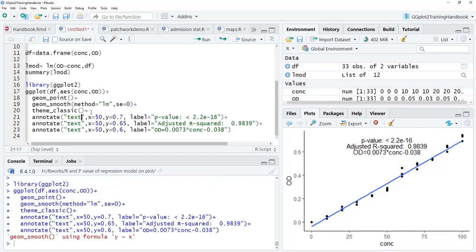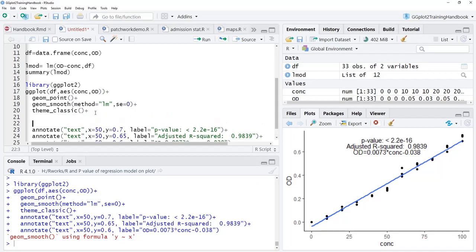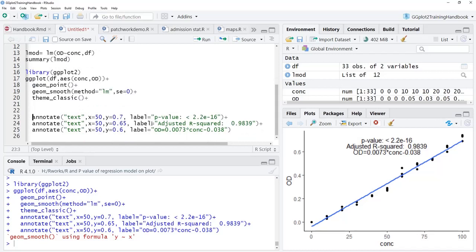These 3 lines of code can be combined in one. I will remove this from the code, and I will copy the first annotate layer. As we require 3 labels, we'll require 3 x positions. Therefore, we'll have a vector, the c function will give us the vector 50, 50, 50. These are the x positions, and for y also we'll require 3 y positions, again the c function: 0.7, next will be 0.65, and the last will be 0.6.